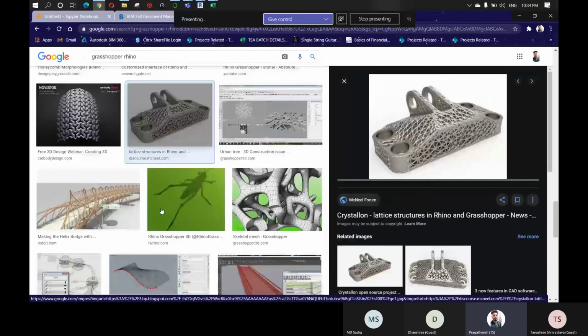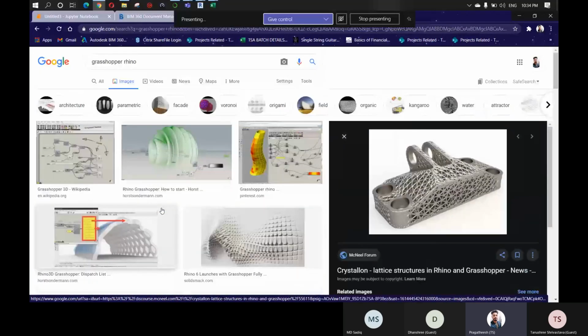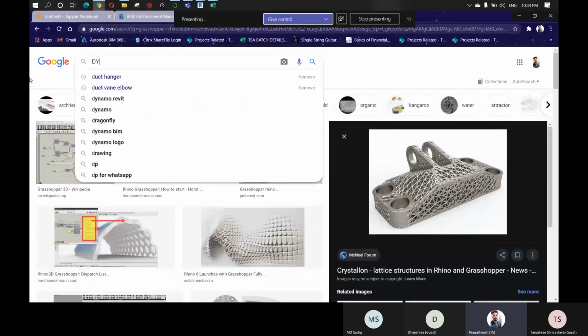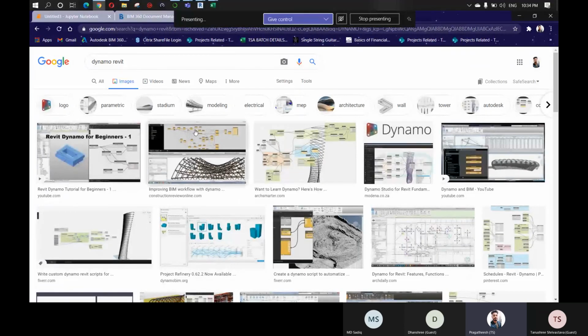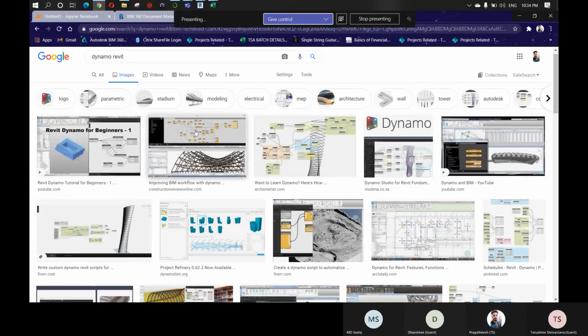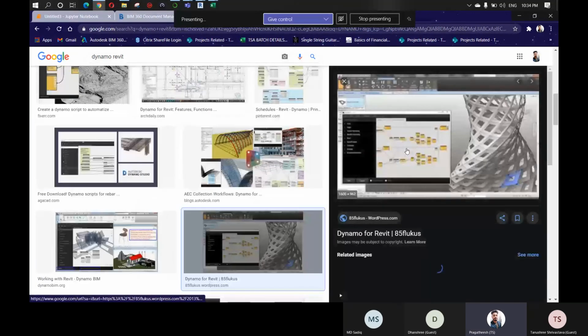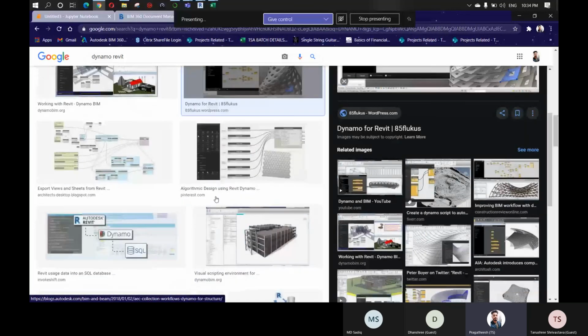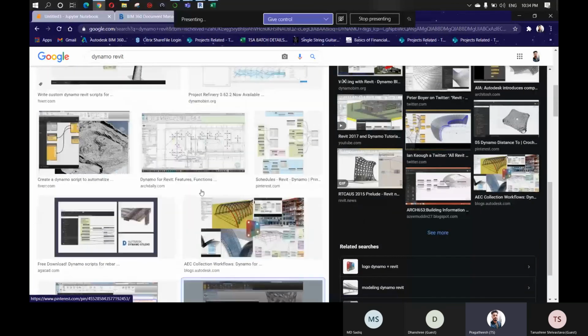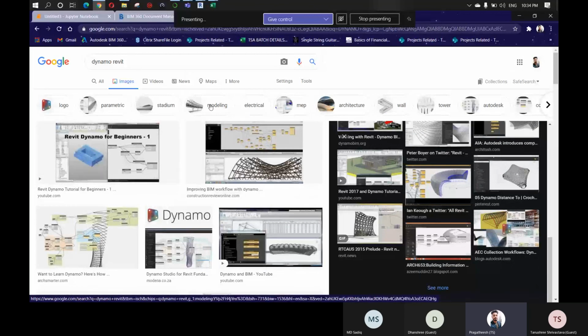All these things can be done with the help of visual programming, not just Grasshopper. You can also use Dynamo. It's just about visual programming. It's somewhat easy. If you know Dynamo, you can also use Grasshopper. Almost similar. Okay. I hope now you get an idea about the use of Grasshopper and visual programming, right?